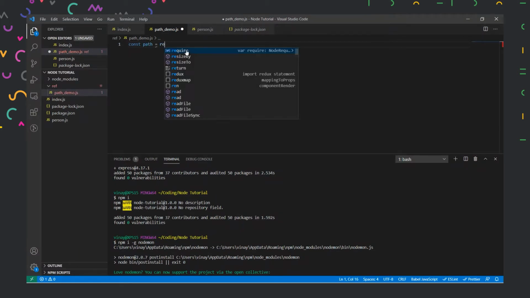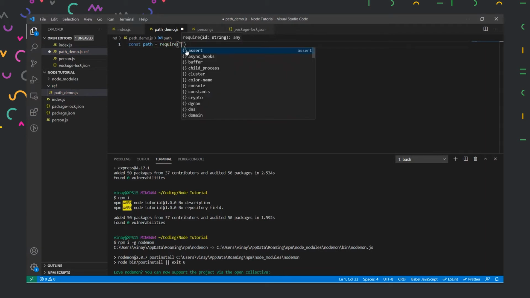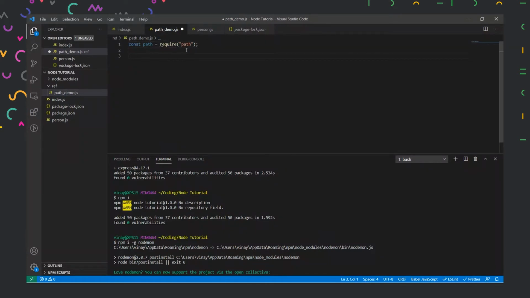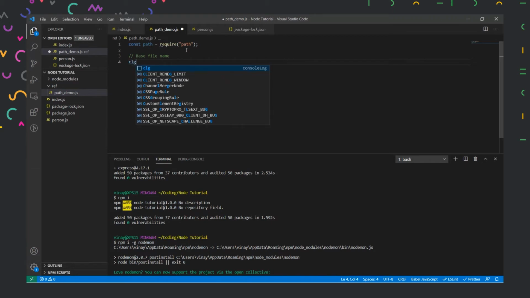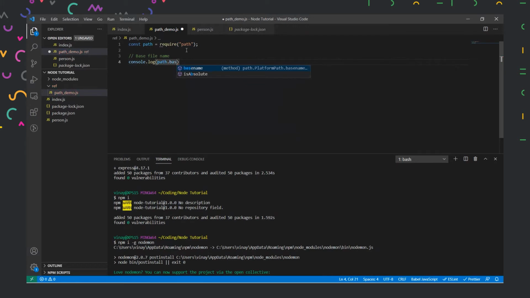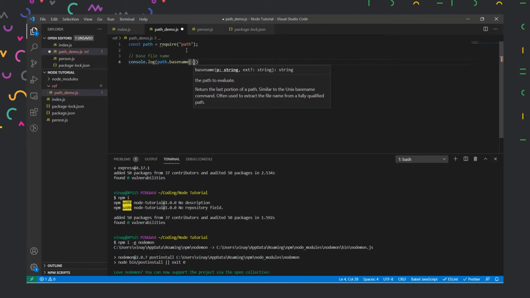So I can just type const path = require('path'), and with this we have imported this. And now let us learn about how to get the present file name which we are working on. So to do that, let us make it a little organized. I'll write base file name, and then we could just use the variable to access our base file name called path.basename, and in this basename we'll pass the attribute as file name.